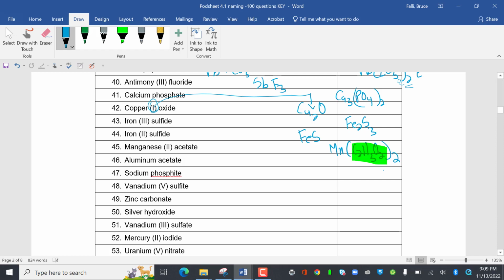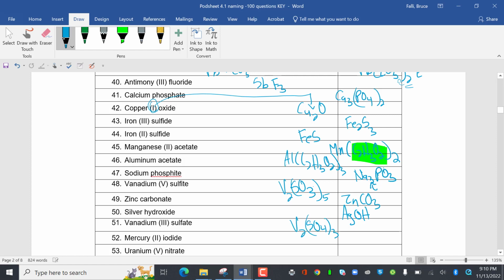Sodium phosphite, aluminum acetate, Al(C2H3O2), taken 3 times. Sodium phosphite, Na3PO3. Notice that phosphite has a charge of 3, and that shows up right there. Vanadium 5 sulfite, V2(SO3)5, and vanadium is +5, so that means the 2 from sulfite goes there and the 5 goes here. Zinc carbonate, ZnCO3, silver hydroxide, AgOH,